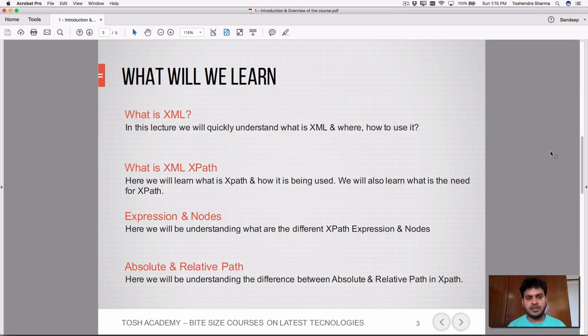In the next lecture, which will be the second lecture of this course, we'll quickly understand what XML is. If you already know XML very well, then you can skip that lecture. It is there for completing the entire course. Then we'll talk about XML XPath. We'll learn what XML is, what exactly XPath is, how it is used, and why we need XPath.